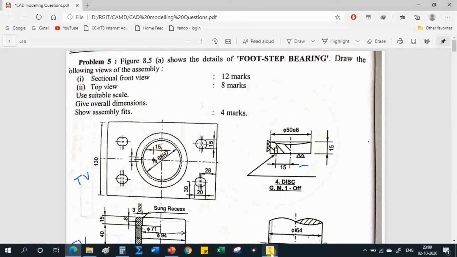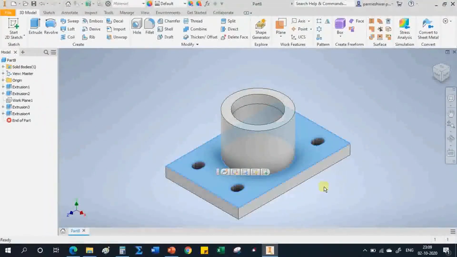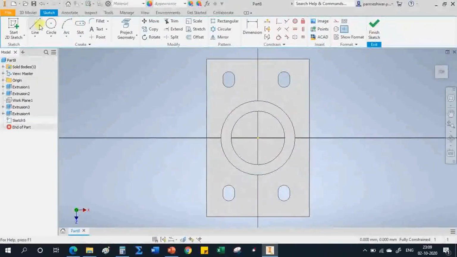So select this face, top surface of the base plate, create sketch, right, and take the line command, and from the center take 15 mm distance, okay, and at the end point of this line I want to make one 4 mm circle to make a hole, right?